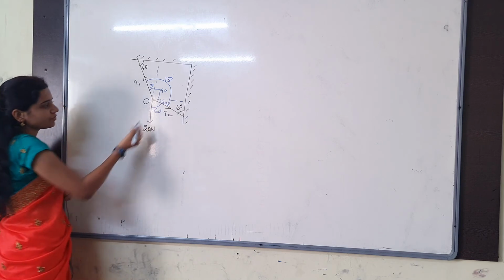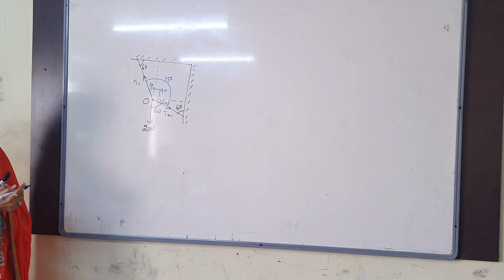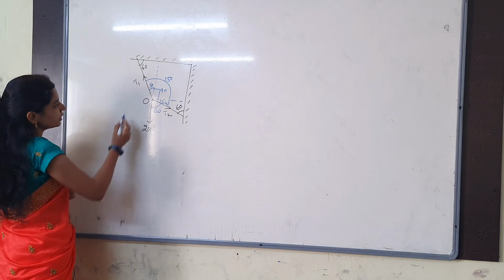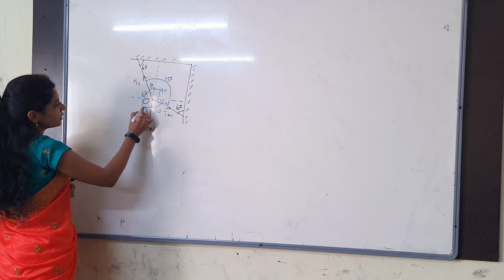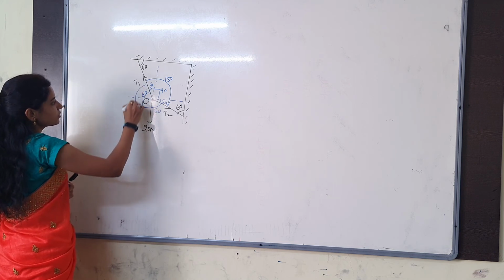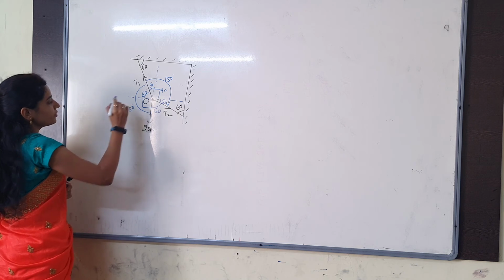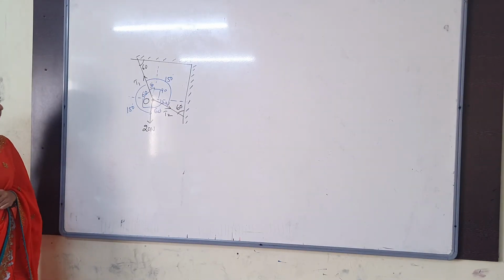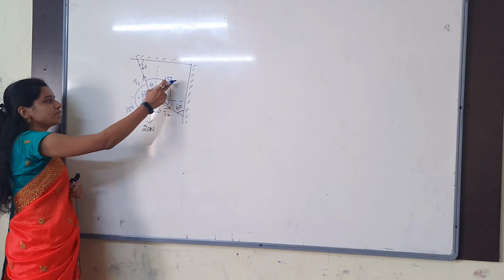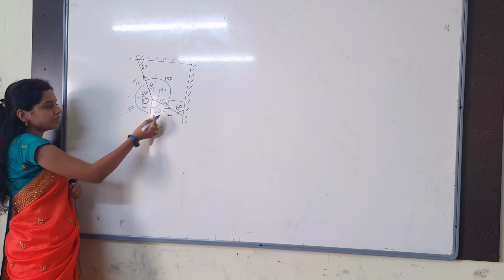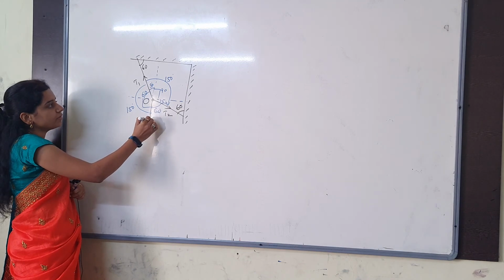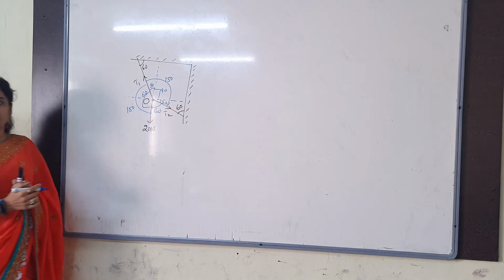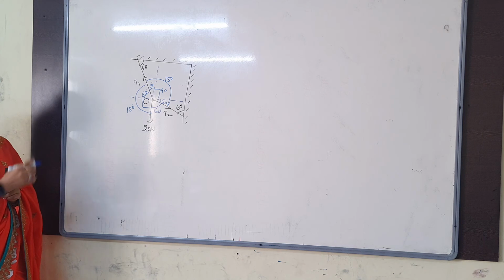60. Here 60 means of course the alternate angle will be 60 degrees only. Now the next one. If here 30 is gone, this is 60. 60 plus this will be 90. So the angle will be 150 again. So the angle between T1 and T2 is 150. The angle between T2 and weight is 60. And the angle between weight and T1 is also 150 degrees only.